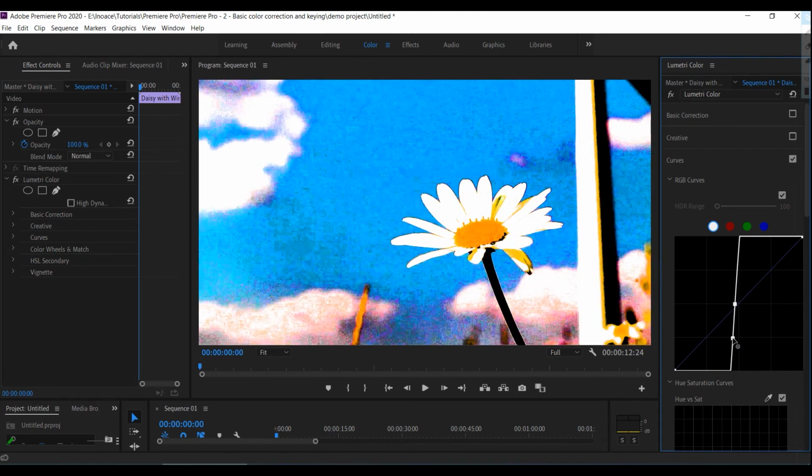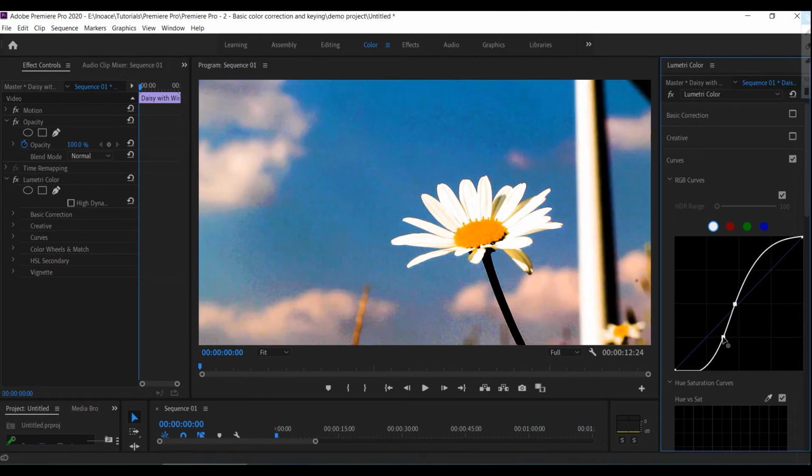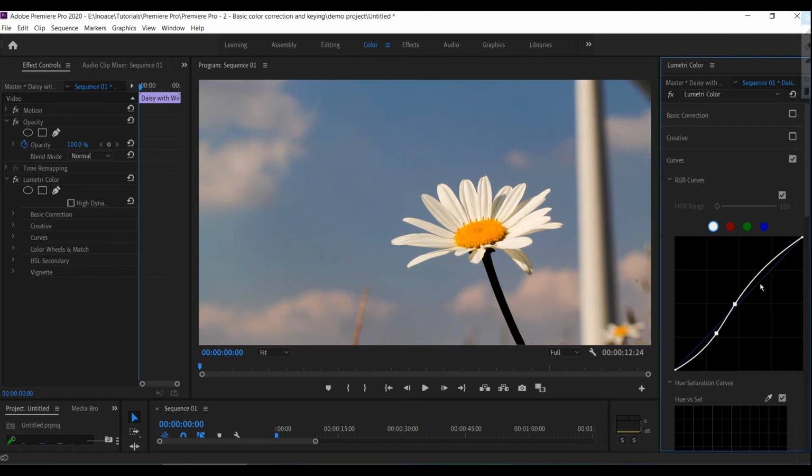We can get all types of effects, and I can add more anchor points to give it a custom look. With the help of curves you can get very accurate enhancement on the image, on the part you want to apply it. So this is how, very basically, the curves work.